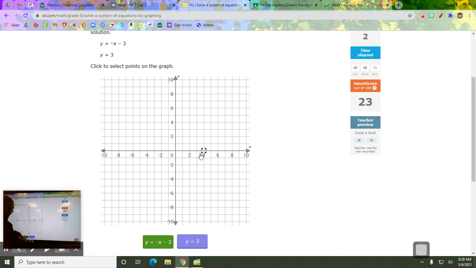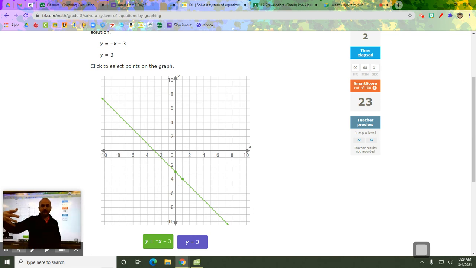So look at this one. y = -x - 3 is my green one. My y-intercept is -3. I go down to 3. And -x, which is -1, down 1 over 1. There's that point. My blue one, y = 3. Remember, when we have a y by itself, and it's just a number, that is a horizontal line. Okay, if it's x, it's a vertical line. So with the horizontal line y equals 3, I know I'm going to 3 on the y-axis for sure, which is here. It means y is always 3. So no matter what my x is, y is always going to be 3,